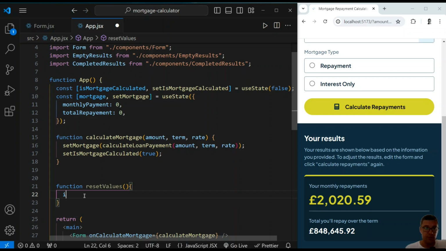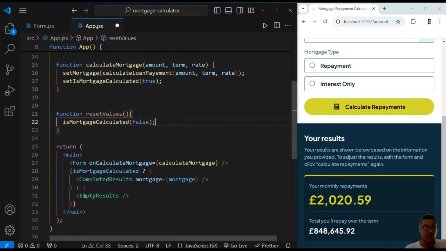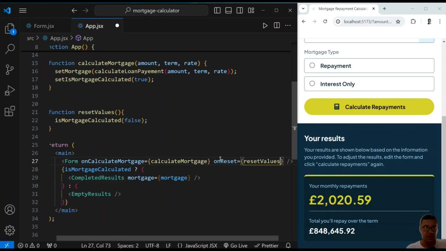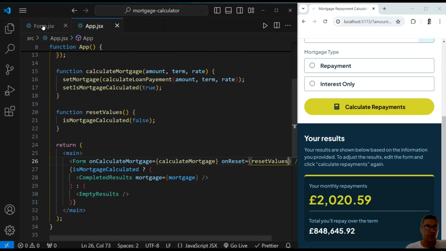So I will put is mortgage calculated back to false, which will get us back to the original state. Now I only need to pass this via props to our form. I will say on reset. I will pass down this function, save this, and then in our form